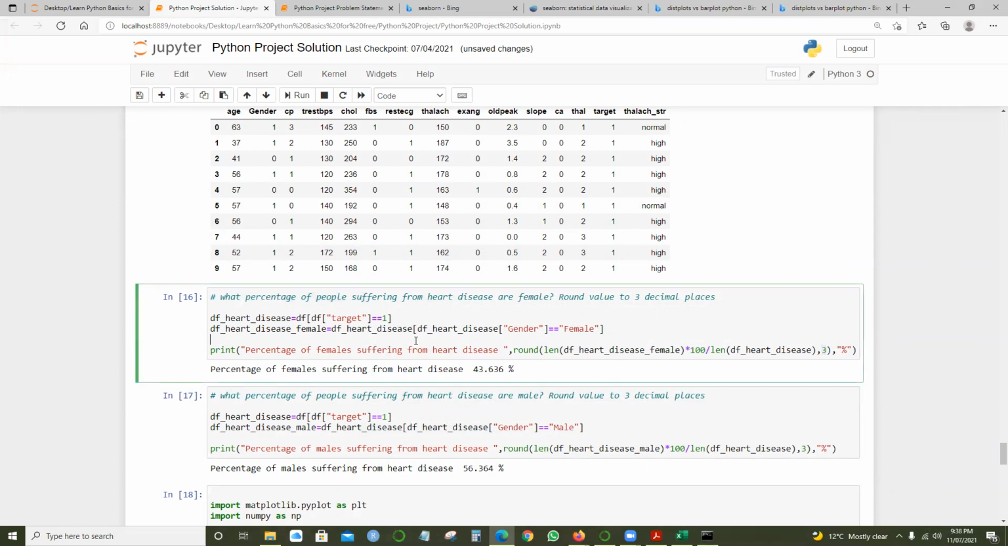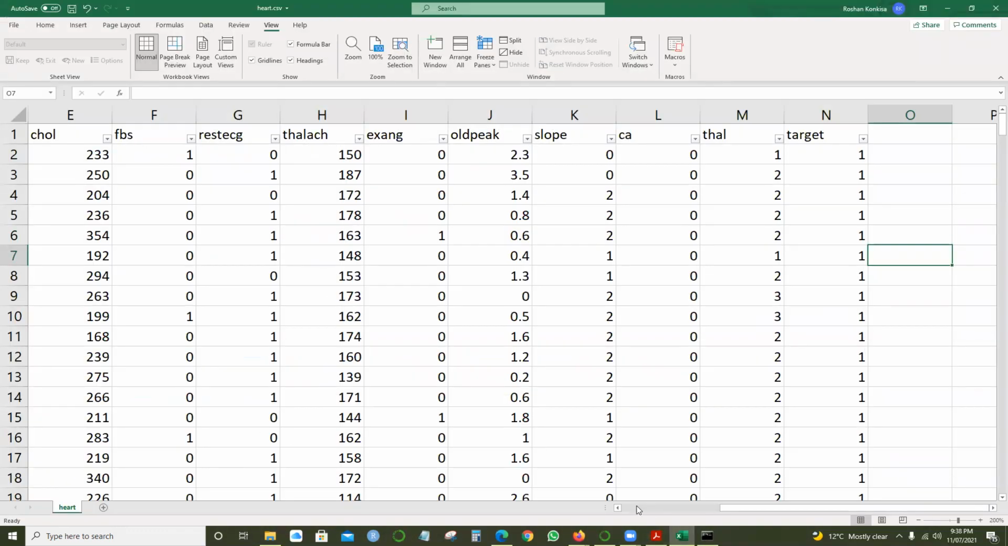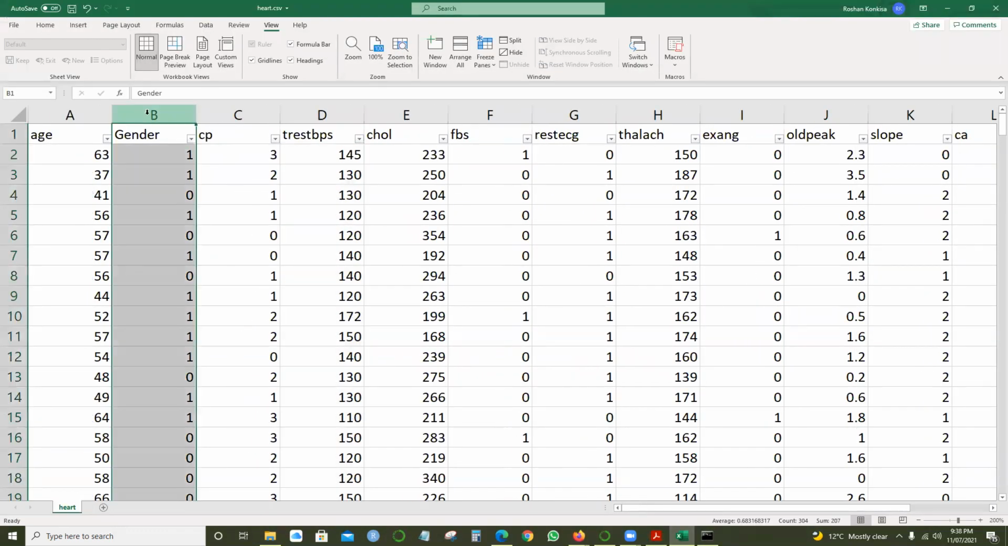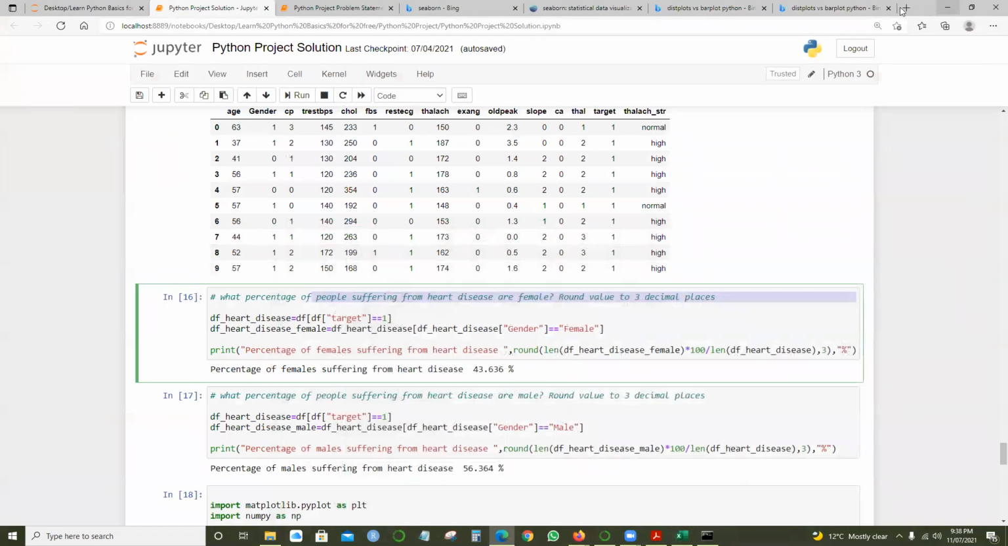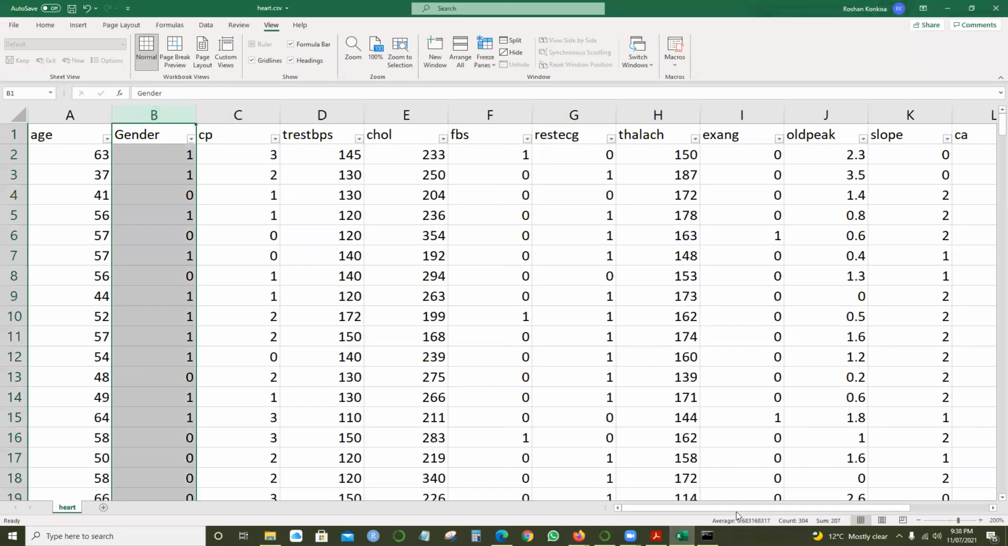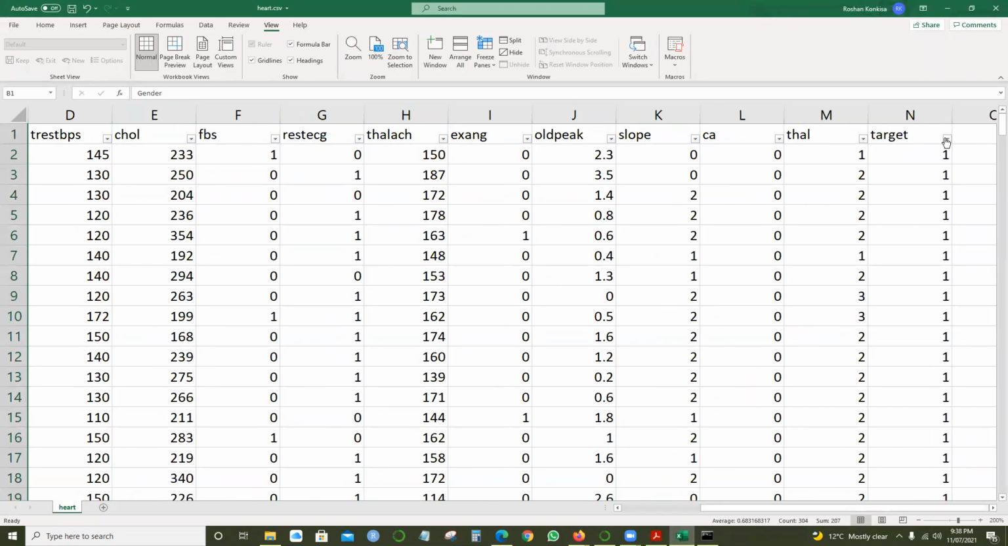The simple thing is I'm using the target column and also the gender column. I want to know the percentage of people suffering. I know there is a column for male and female, the gender column. If I want to know how many males are suffering, I first need to find out all of the gender column. For females, gender equals female. We need to define that. And to identify the people suffering from heart disease, the target column will help us find out how many people are